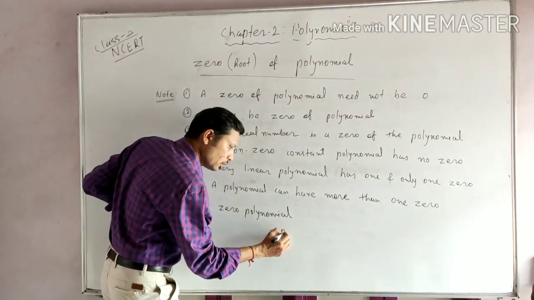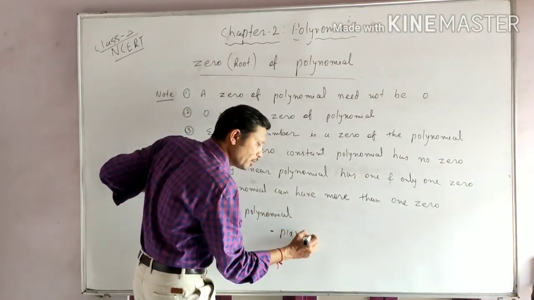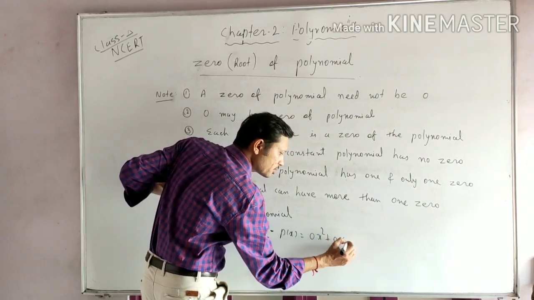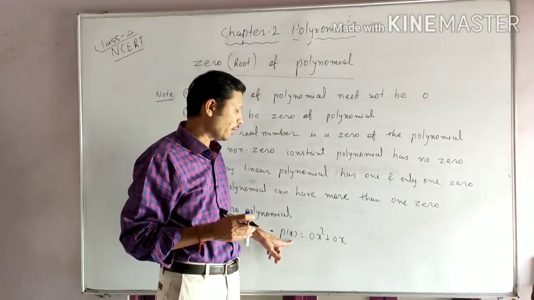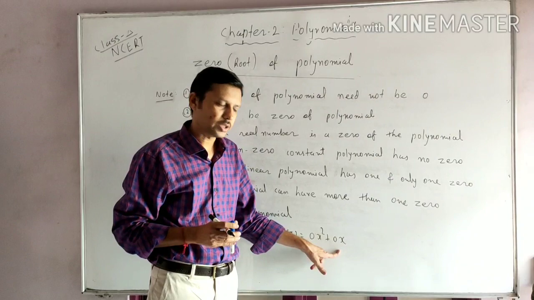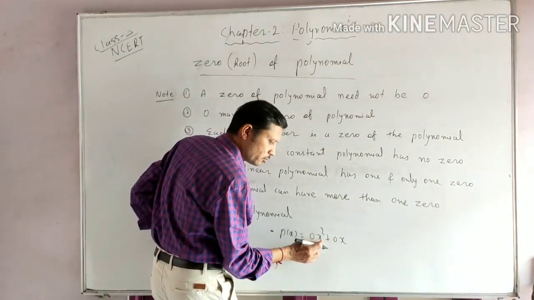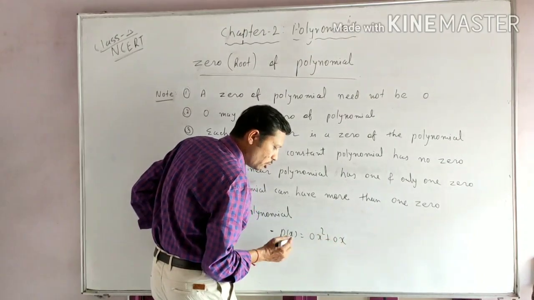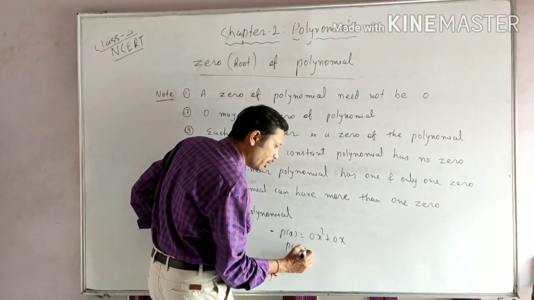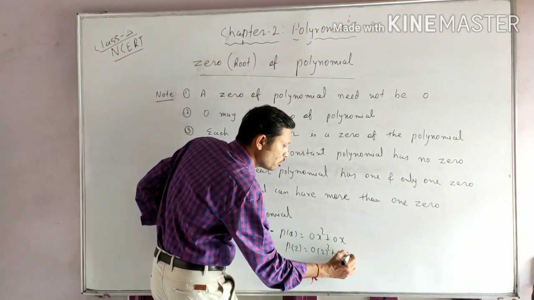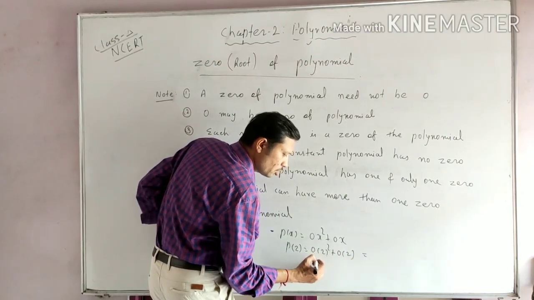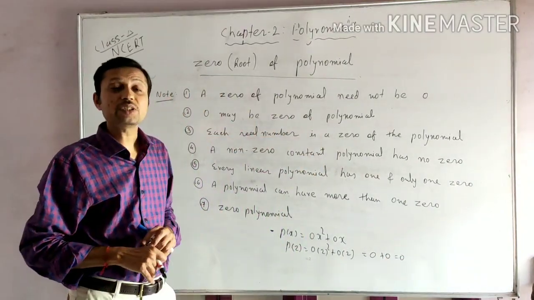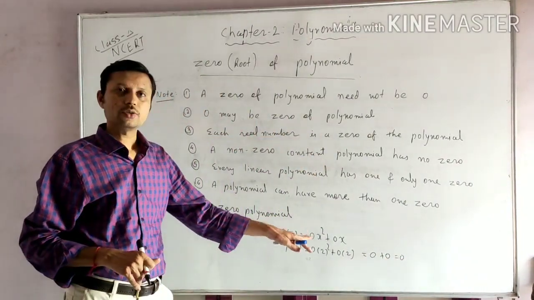So that means suppose हम calculate करके discuss करते हैं, suppose I am taking 0x square plus 0x, okay? If I take here value 1, so polynomial value is 0, right? Because x square की multiplication में 0 है तो overall value is 0. Whatever the value of x, overall multiplication 0. So whatever the value you can replace here. Suppose 2 I am taking, 2 square plus 0, 2, right? This value is 0. This value is also 0. Overall value is 0. That means every real number is a zero of the zero polynomial.